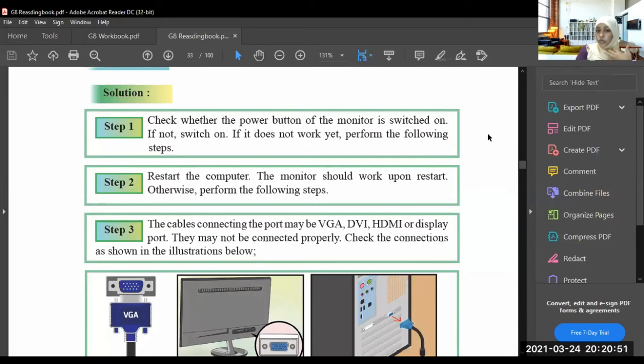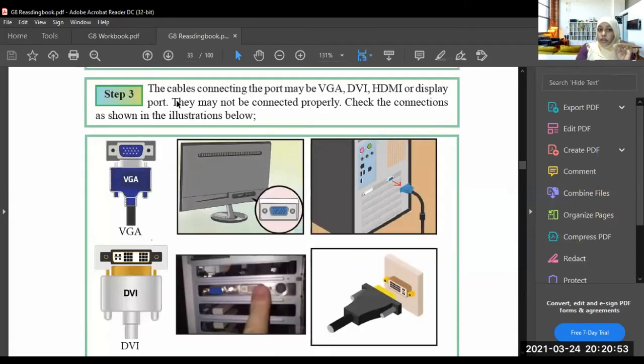Even if it doesn't work, then check whether the cable connection is properly connected to the display. So if it is a VGA port, check whether the VGA cable is connected properly to the monitor and the system unit. There is a wire from the monitor to the system unit. Check whether it is correctly connected to them.